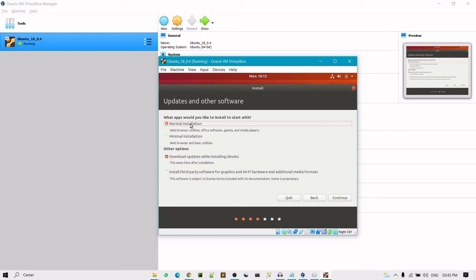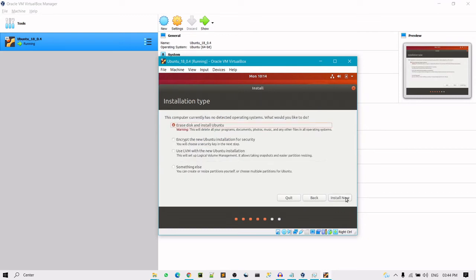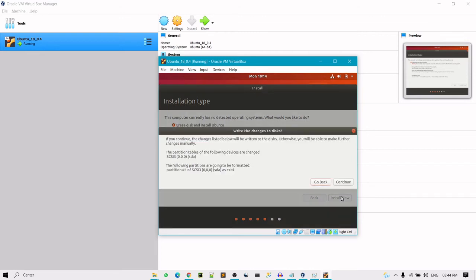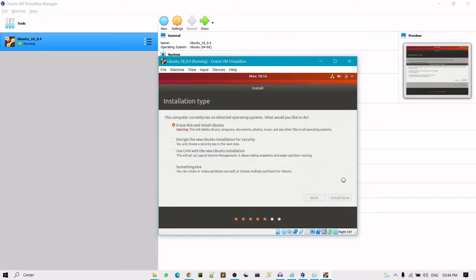By default you keep it as normal installation, but I'll be keeping minimal installation because mostly I'll be working with the command line interface. So yeah, erase disk and install Ubuntu. Click on continue.